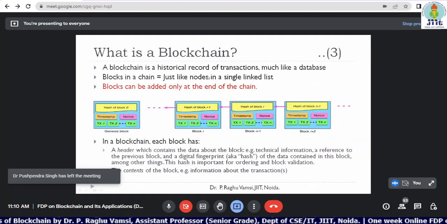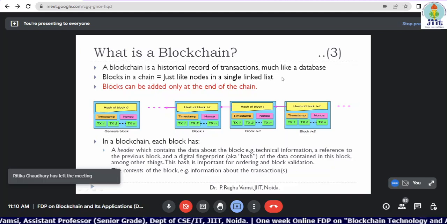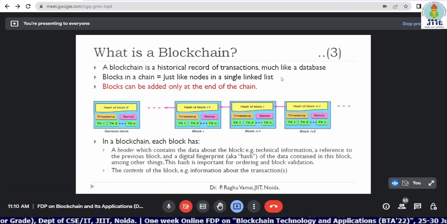So this is what is called blockchain. A block is a historical record of transactions, much like a database. Blocks in the blockchain are just like nodes in a singly linked list. You know that in a singly linked list, first there is a head node, and to the head node you add the next node and keep on adding nodes. In a singly linked list, nodes can be added anywhere: at the beginning, middle, or end. But in case of blockchain, the blocks will be added only at the end of the chain. The reason is